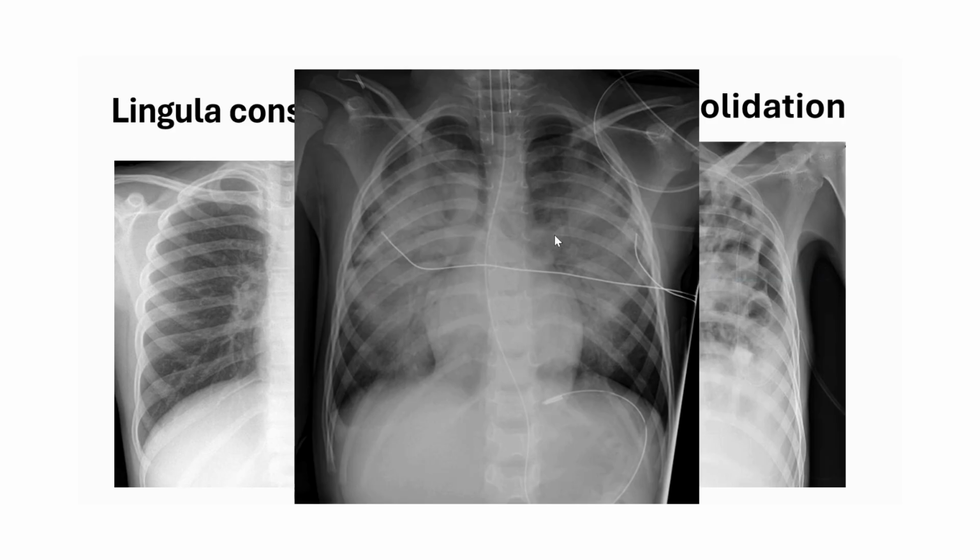In the diffuse type, we have seen a special type of perihilar consolidation, which we can see in this image. This is due to pulmonary edema. It is specific for pulmonary edema, but it can also be seen in some types of infection. But if we see this bat wing sign or perihilar consolidation, we suspect consolidation due to pulmonary edema, and we also check the cardiac size. If the cardiac size is enlarged and there is a bat wing sign, then suspect cardiogenic pulmonary edema.